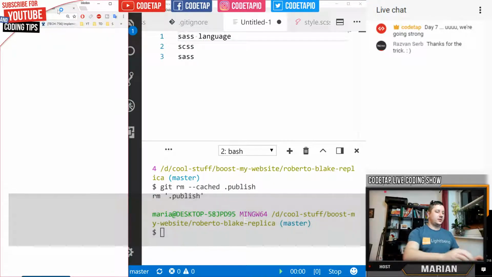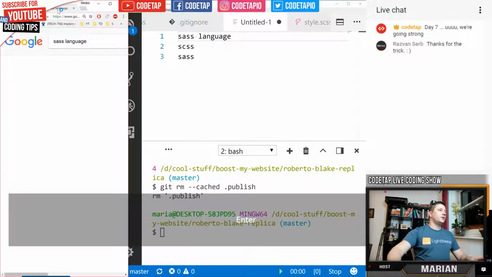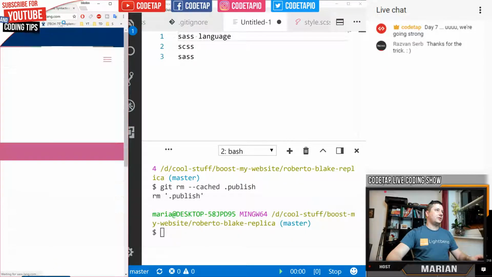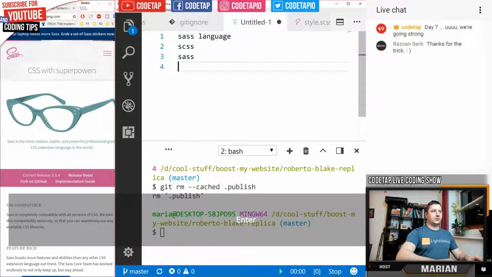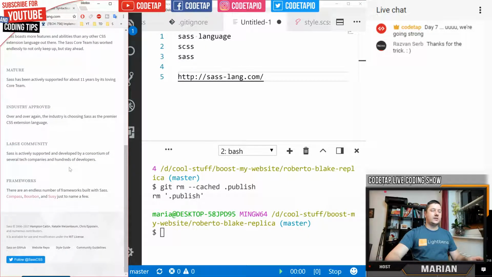If we Google Sass language and go on this sass-lang.com, let me paste the URL on the screen too. Basically, this is a preprocessor for CSS. Other preprocessors like Sass are Less, Stylus and maybe other ones. And the difference is